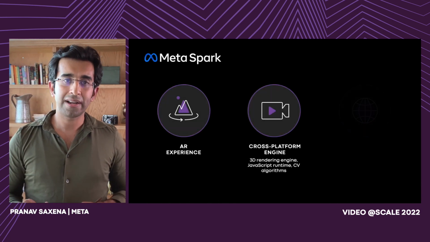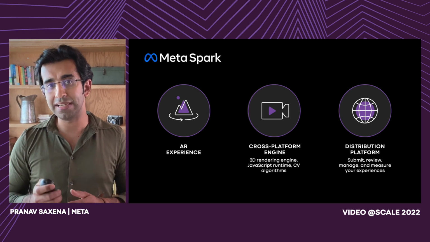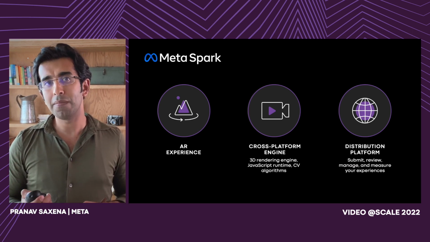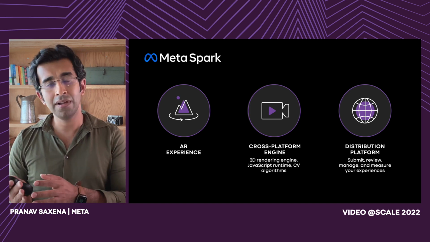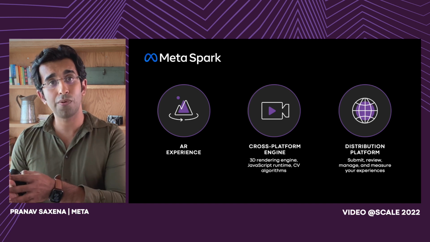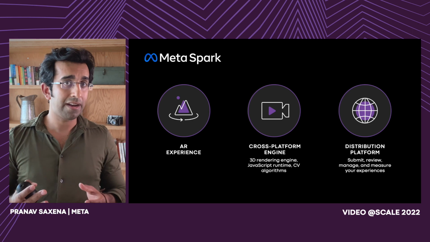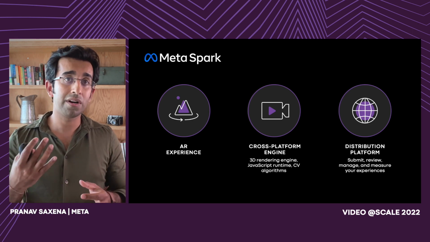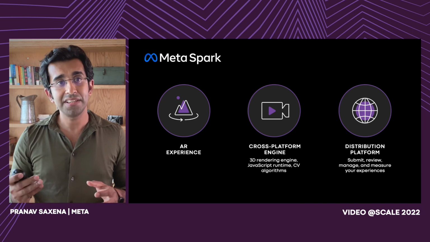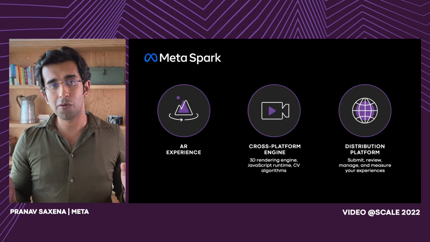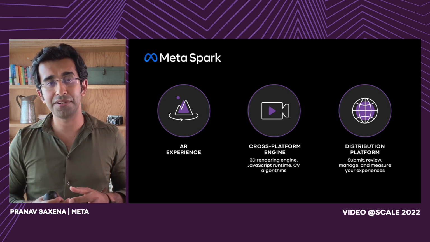Metaspark is Meta's distributed AR platform. The core meat of Metaspark's technology is its AR engine. It's a cross-platform engine which has 3D rendering capabilities. It has a JavaScript runtime. It also has PyTorch runtime support where it can run CVML algorithms or PyTorch models. Not just that, but it also has the ability to run CUDA runtime models natively on Linux environment. Essentially, Metaspark is Meta's distributed platform, which has a publishing workflow, a distribution workflow, and the core AR engine rendering